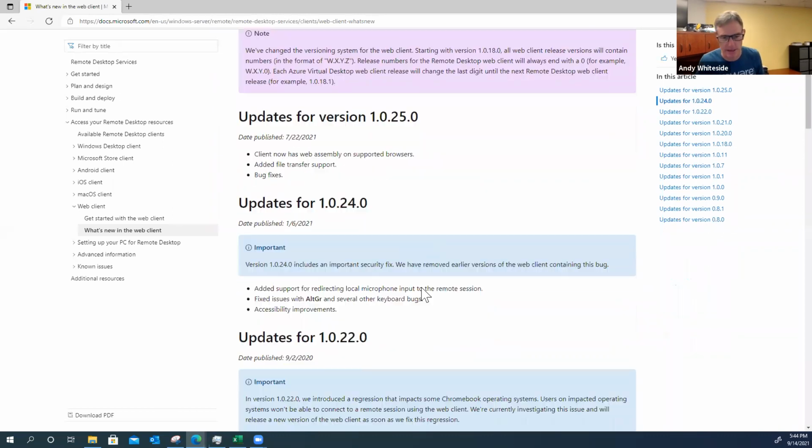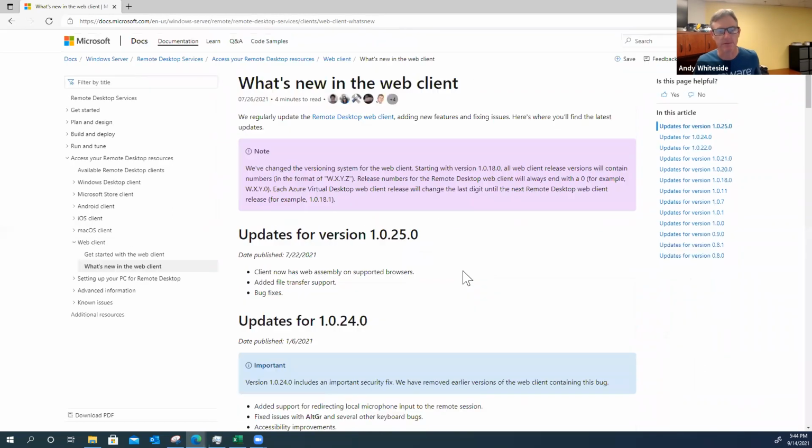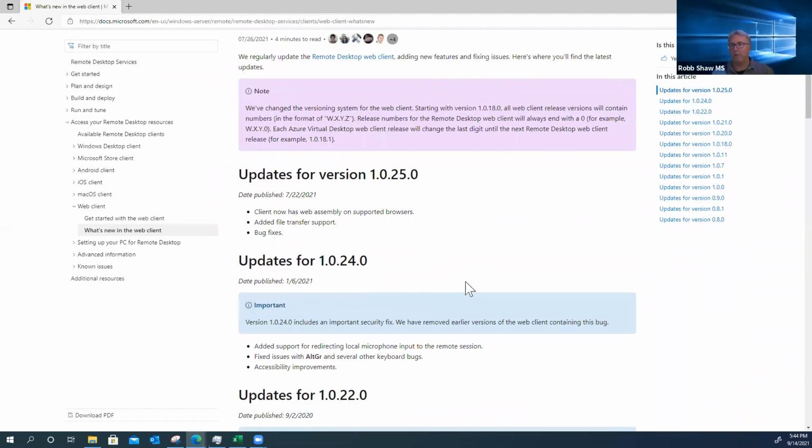I've never even had a chance to play with that in the world of WVD, AVD. How good is the web-only client, Rob? Do you see people adopting that? Is it making progress? I do see it a good bit. I would say it's probably the number 2 client. Generally it's Windows first, and then the web client next. Surprisingly, because it's probably one of the least feature-rich, but it covers everything. If I'm on a Chromebook, it'll work. If I'm on a toaster, it'll work, if you have a toaster like I do, anyway.